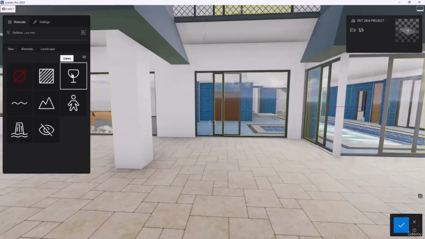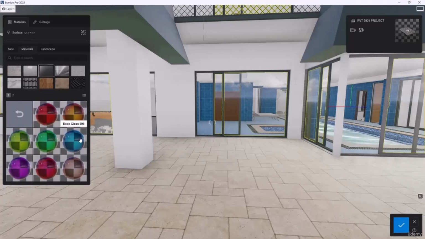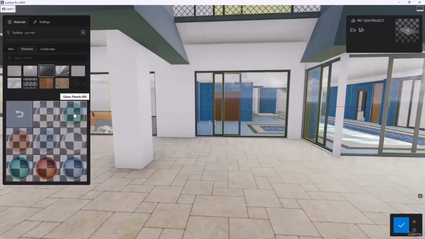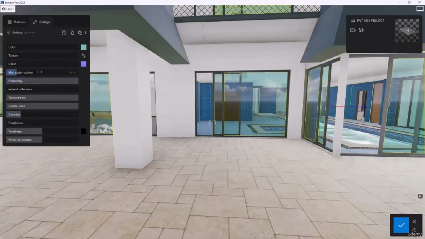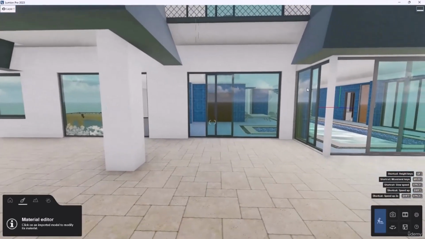We have this option, glass by default. Let me choose a color for it to see it better. For example, this one is okay. Yes, that's it. Well, reflectivity should be at the maximum amount, and it shows us the background, which is the